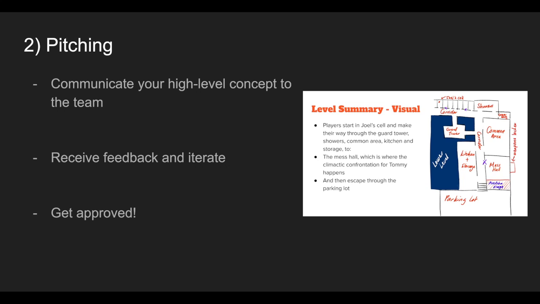Typically, once the rest of the team has seen the concept and knows what they need to do to help build it, you'll also get a sign off from somebody, so a director possibly, or just the rest of the team themselves. Once everybody knows what's going on with the level and you've communicated those intentions to them, then you can move on to the next stage after pitching,